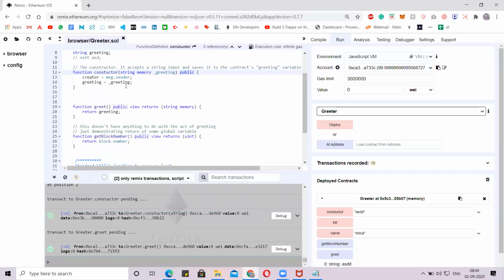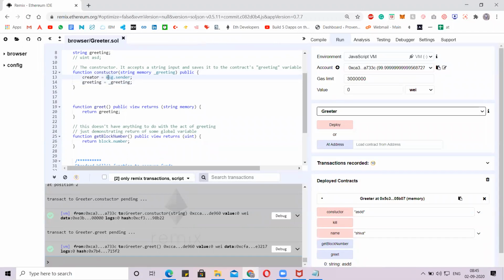Next, in this contract, msg.sender is the person who created and deployed the contract, or the person who did the transaction.